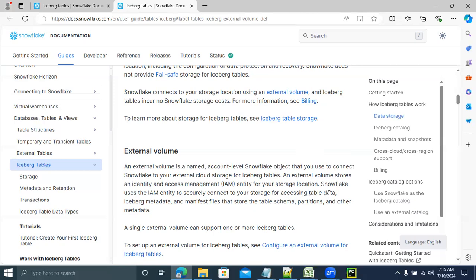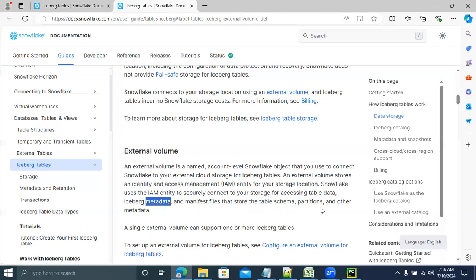Snowflake uses the IAM identity to securely connect to your storage for accessing the table data. I already said that for each file we have metadata: how many records, what the schema is, every piece of information is stored in the metadata. This metadata is also stored in the external storage location, and manifest files will be there too.